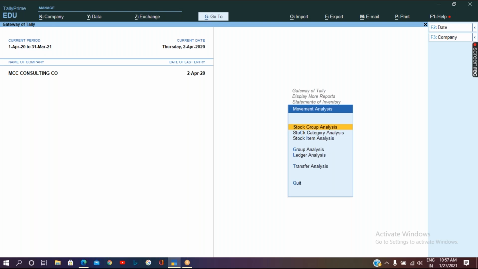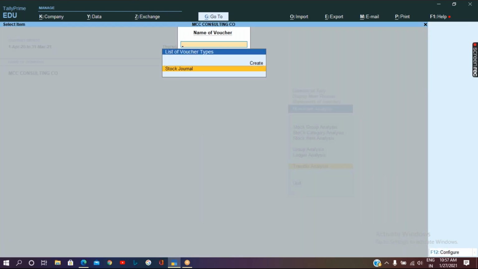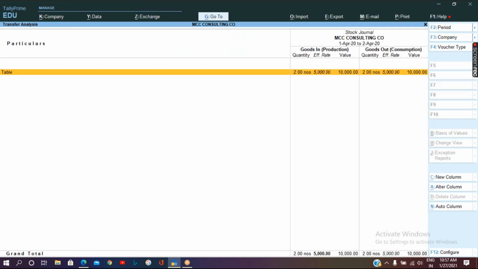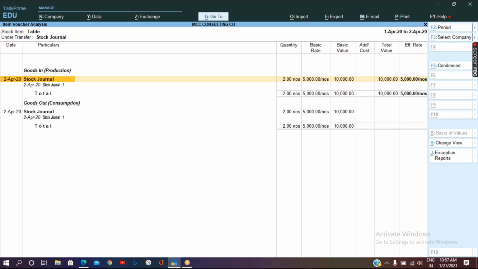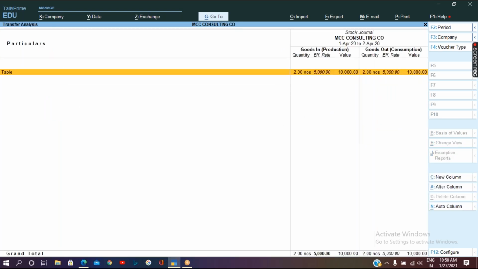Here you can go for the Transfer Analysis report, which shows the stock journal voucher type entries, that is, the entries you have passed and how much quantity you have transferred from one place to another. So this is one report.